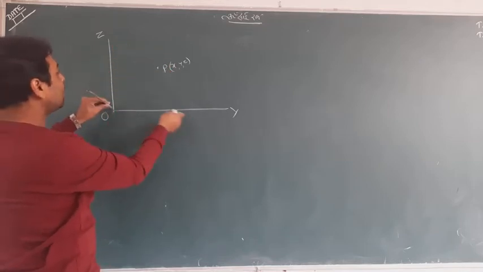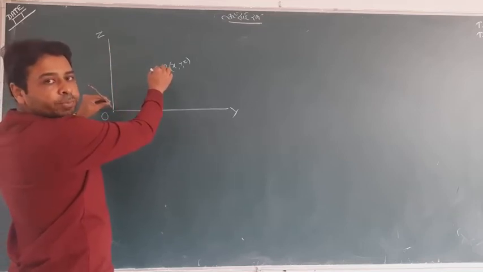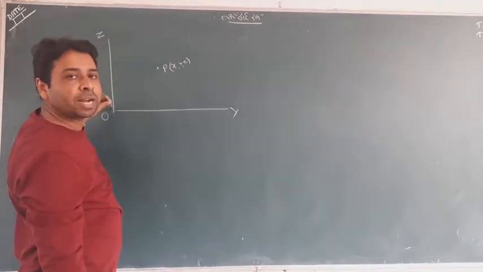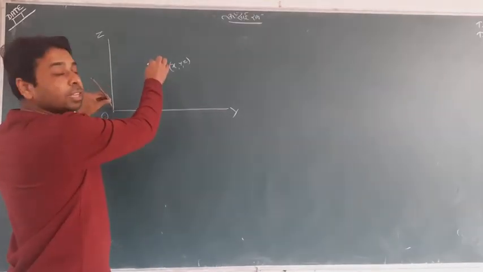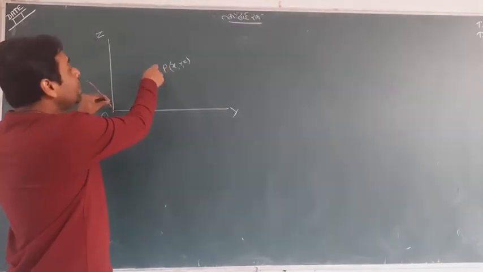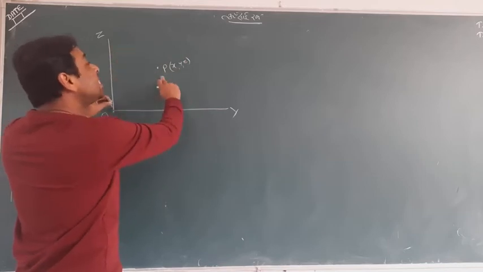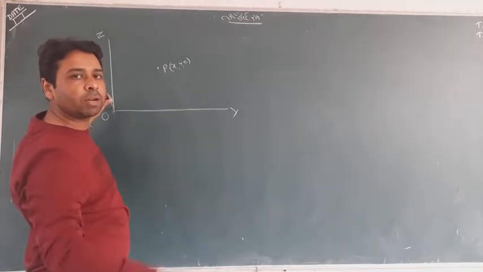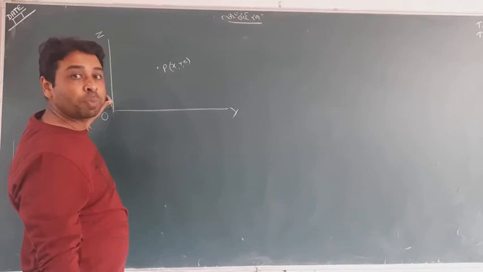It's x, it's y, it's z, and the point is in the middle of the first octant. Actually, it is not lying on the yz plane. For understanding only, because I cannot plot the point in the air, in the space, I am making my point perfectly on the board, the yz plane. It seems that it lies on the yz plane, but it is not lying on the yz plane. It actually hangs in space.